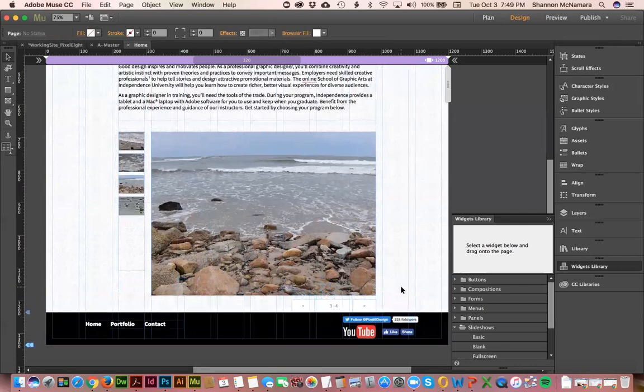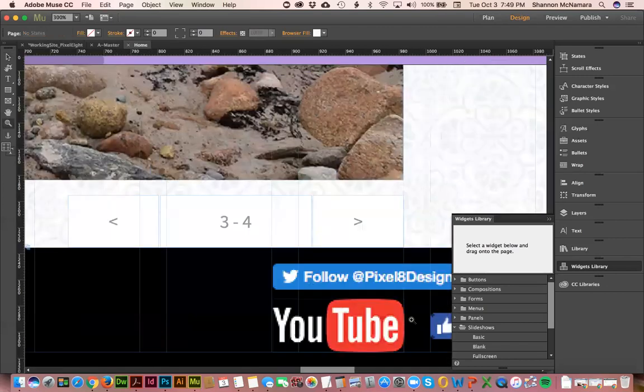Move it down, and you'll notice this is what else is a little bit annoying about Muse. Whatever is your last element, it's literally going to put your footer right on top of that last element. So if you don't like that and you're like, I need a little bit of space here, draw a rectangle